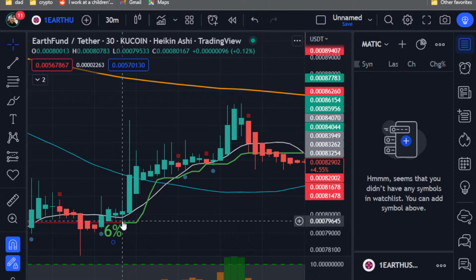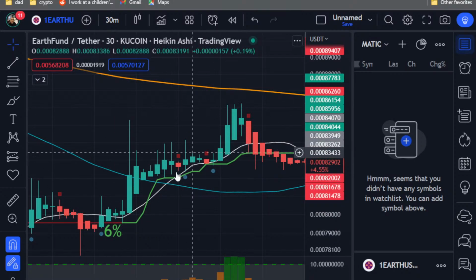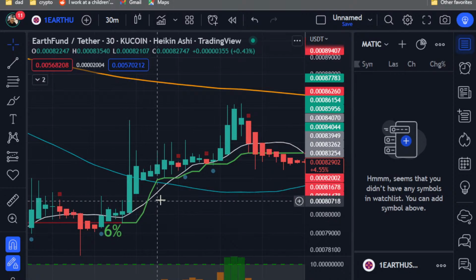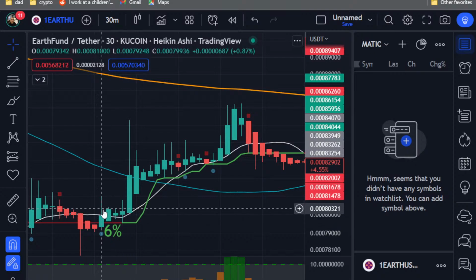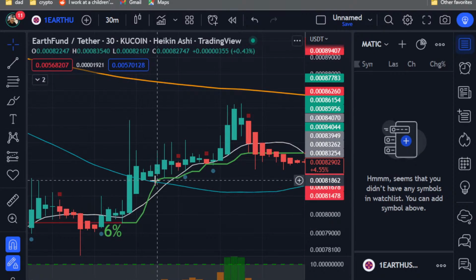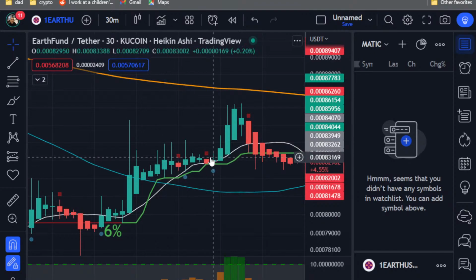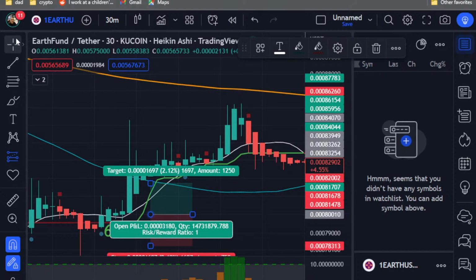Boom. Easy 6% and possibly even more if you were sitting watching it grow and you notice it's staying above the 10 moving average and you're like, you know what, I'm going to ride this out. I'm going to put my stop loss at my 2% mark and I'm going to see where this goes. And I'm not going to change it until it spikes to a level that is just where I want to be. So let's say we enter on this candle and we ride this out and this spikes to 2%